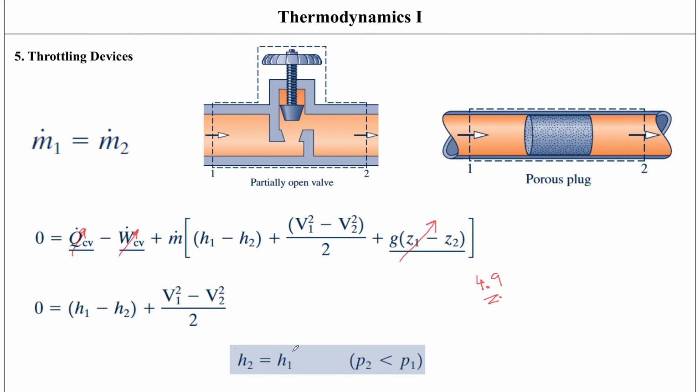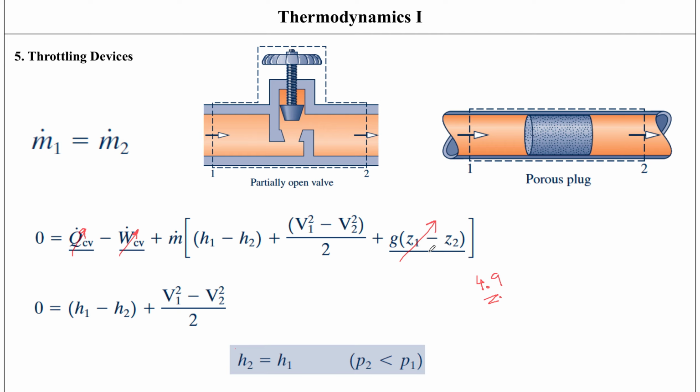So you're idealizing this. But this idealization is important, especially when we're considering refrigeration systems or air conditioning systems. So this is something that you will be looking at when you are dealing with air conditioning systems or refrigeration systems in more detail. And now, because we've looked at so many different devices, 5 different types of devices,